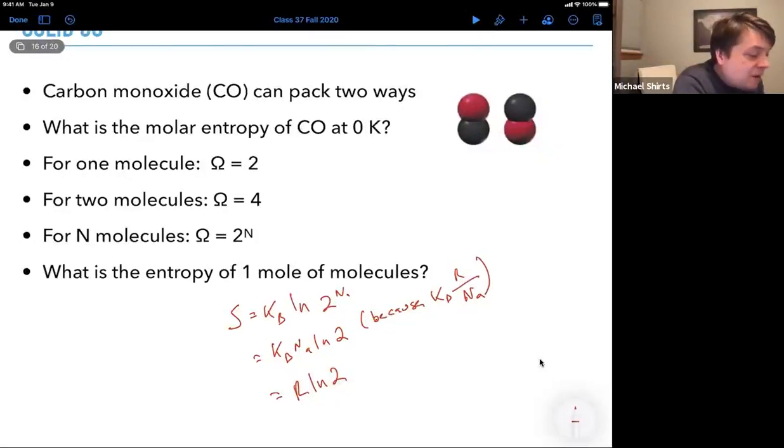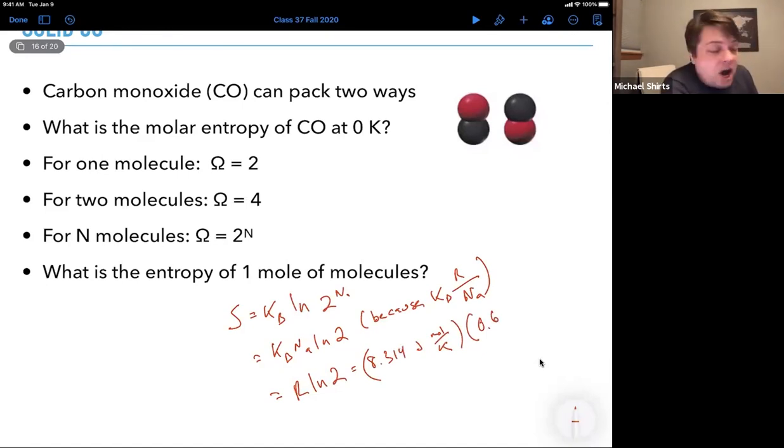And now we're actually at a place where we can plug in numbers. This is 8.314 joules per mole Kelvin, and log of 2 is 0.693. Now remember, this is a natural log, not a log base 10. In theory, you could use a log base 10, because then you'd have a different multiplicative constant, but it's much easier to just use natural log in most cases. The log of a number has no units. And so the answer ends up being 5.76 joules per mole Kelvin.